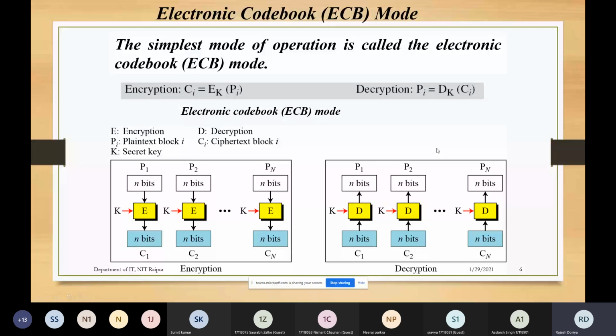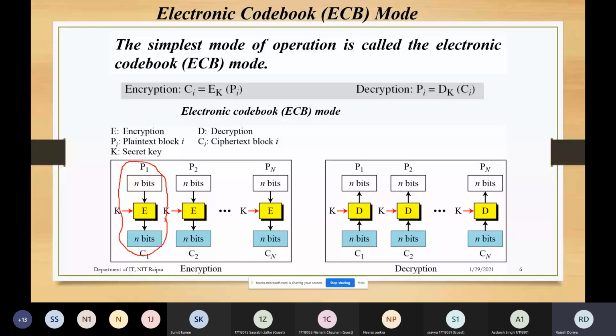So in electronic codebook, this is how it looks. First, a message has been divided into a number of blocks, and over here the encryption is going to be performed on a block at a time. So this is the encryption which is going to be performed on a block. This is the process